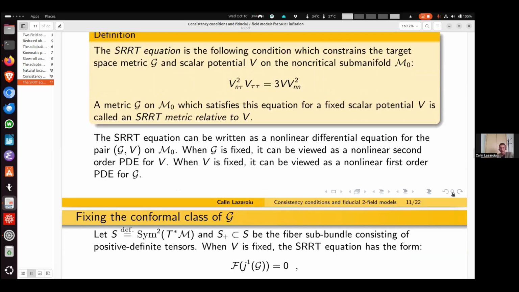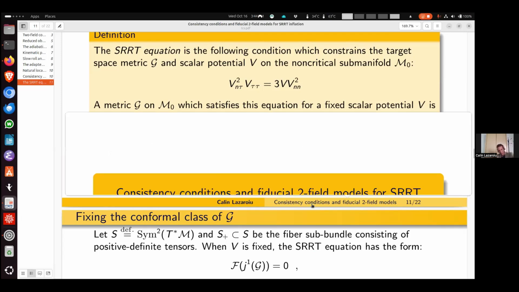Now, I will jump over this. It's done in detail in my paper using the standard formula of geometric ODEs, which uses the formulas of jet bundles. So it can be shown that the SRT equation can be written as a nonlinear geometric differential equation for the pair GV on this open submanifold M naught, in the sense that there exists a